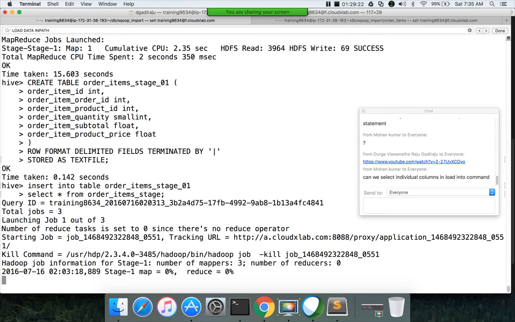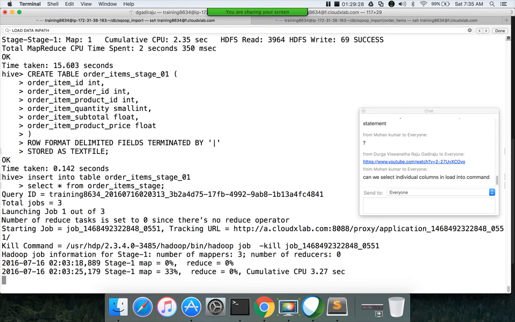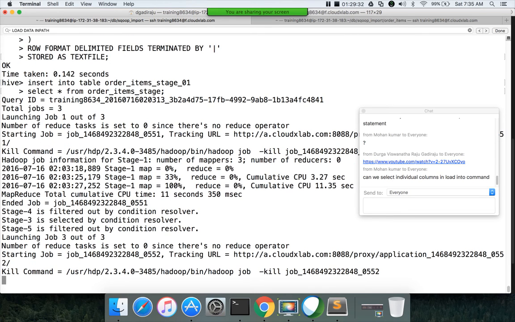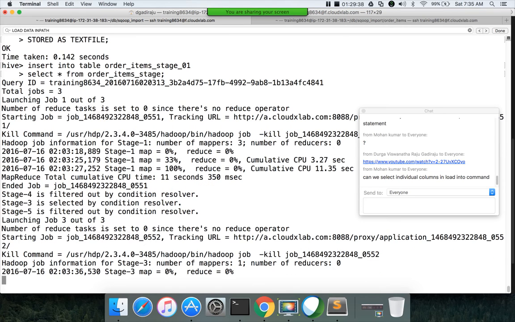It will assume that you are trying to do a transformation when you insert into a table using a select command. If you create this table with the same structure, you can use the load command because the data is already processed and stored in the source table. That will be the efficient way of loading the data.